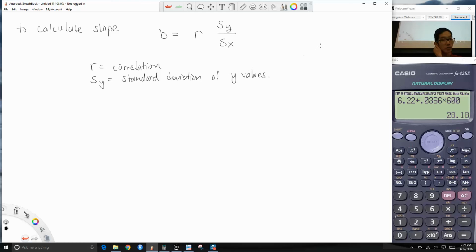Okay, so imagine having your data. You have the x column and the y column. You just take the standard deviation of the y column. sx is the standard deviation of the x values. And then to calculate the intercept,